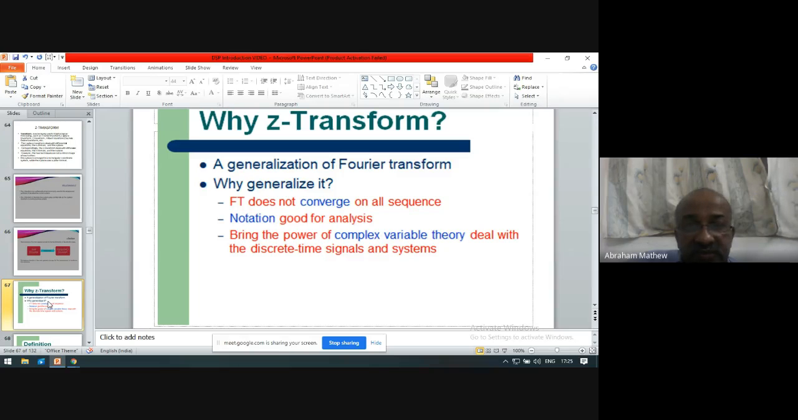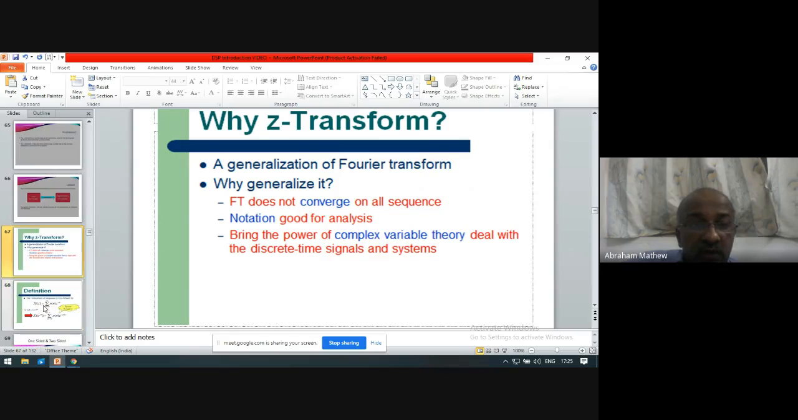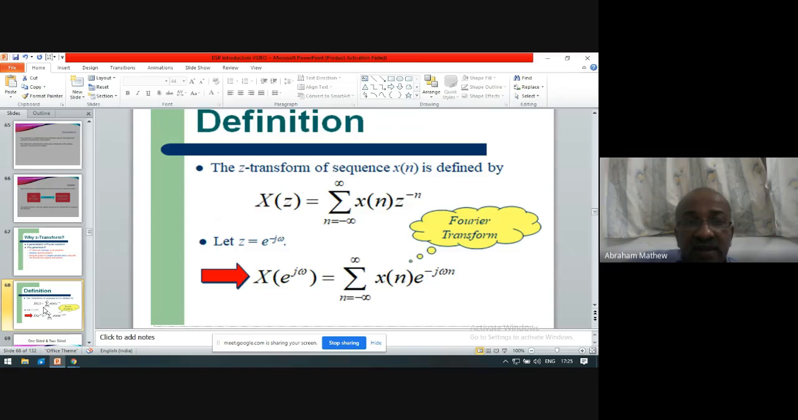This Z transform is a generalization of Fourier transform, because Fourier transform, we know, will not converge on all sequences. So we can go for Z transform. How can we define a Z transform? The Z transform of a sequence x of n can be defined as